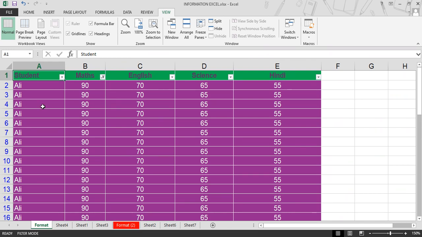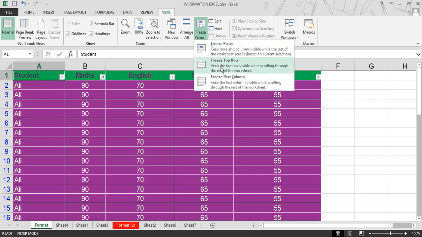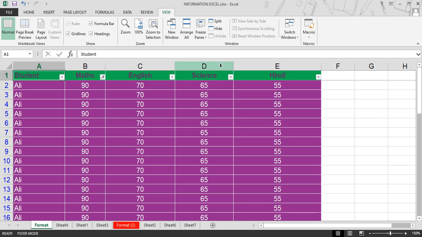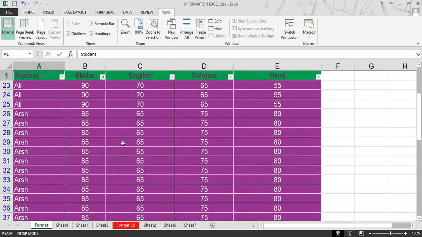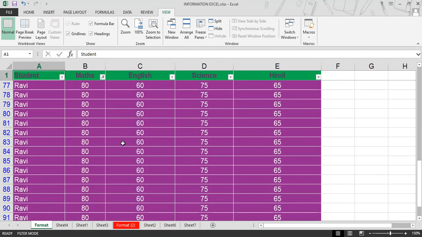If you want to make the first row or first column visible on every page in your viewing, you can use freeze option. Click on freeze option, select freeze top row. Now as you scroll down, your first row is fixed, but you can scroll and match with the other values.